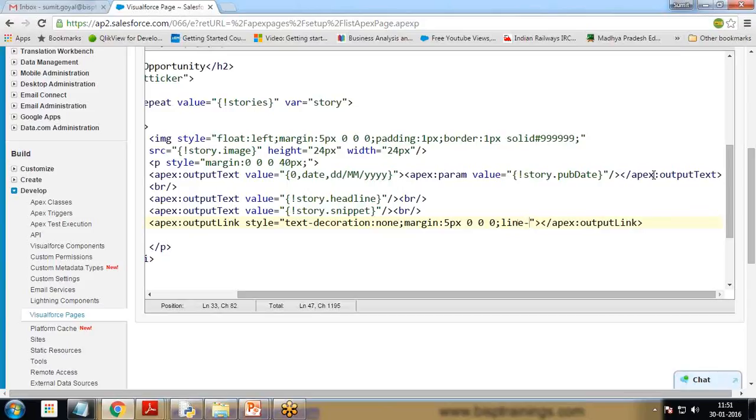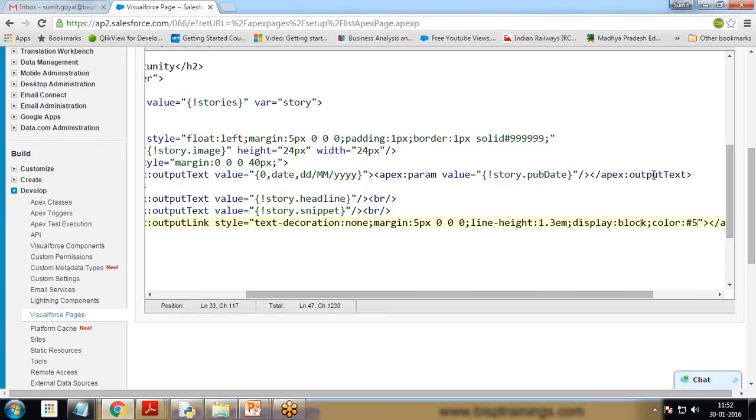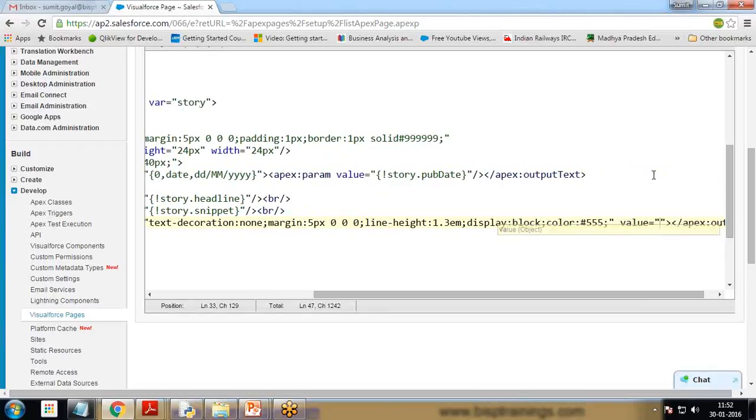Line height will be 1.3 em, and display will be block, and color will be hash 555, and value